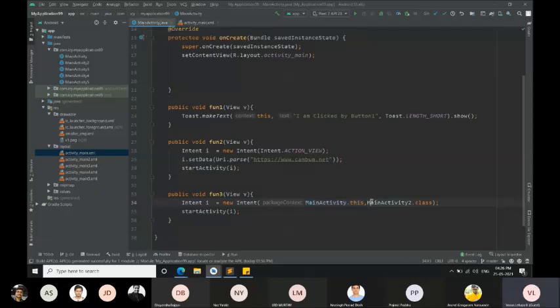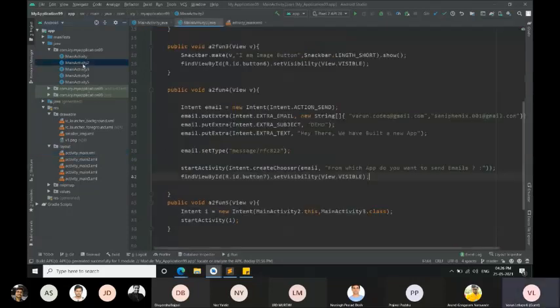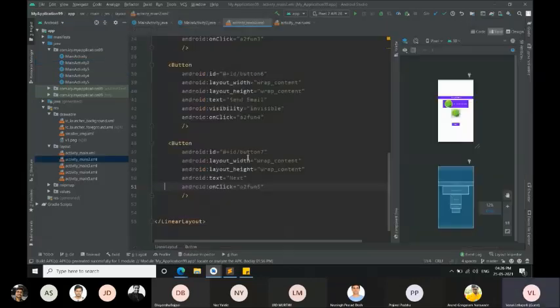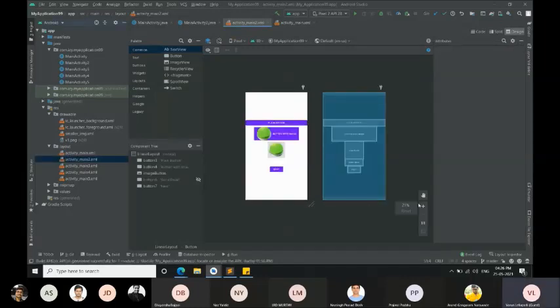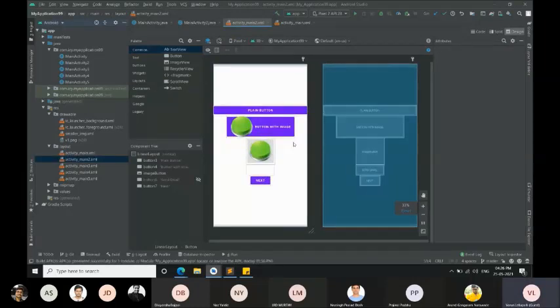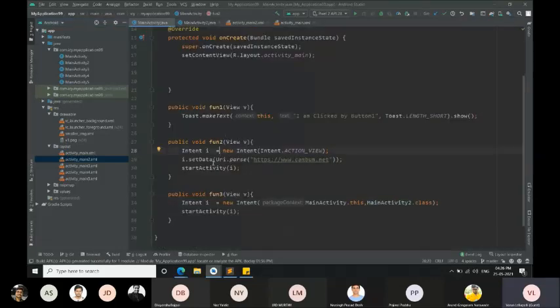The destination is where you want to go, that is MainActivity2.class. If you remember, this is our second activity. It immediately shifted here after clicking on that button. So this is the example of implicit intent, and this is the example of explicit intent.